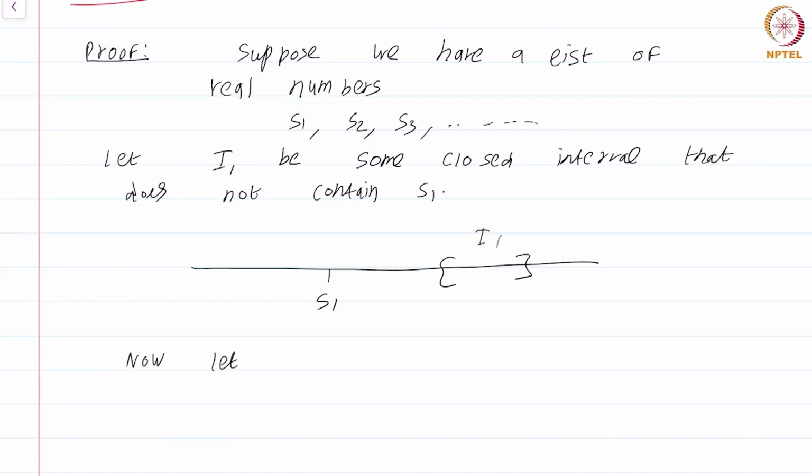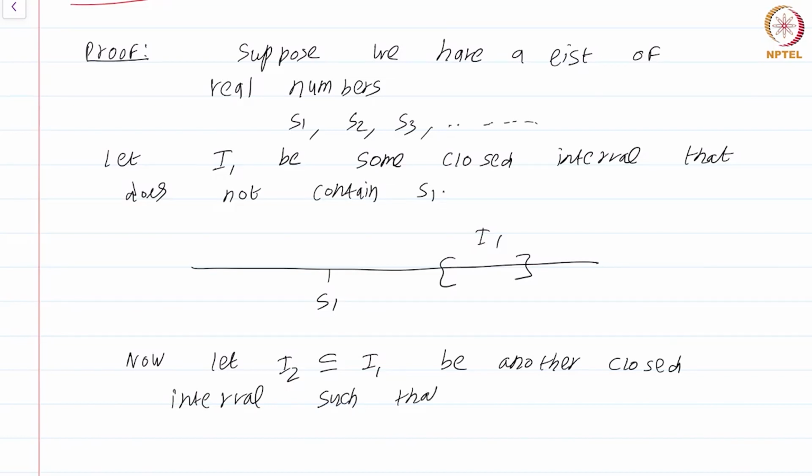so this is I1. Let I2 subset of I1 be another closed interval such that S2 does not belong to I2. Why does such an interval exist? Well, again, just choose, so say S2 is here, just choose this interval. Okay. Now,